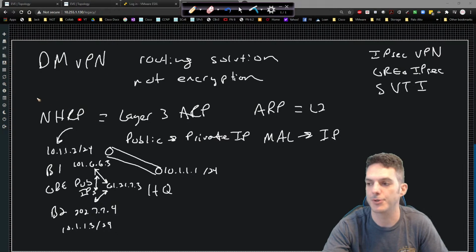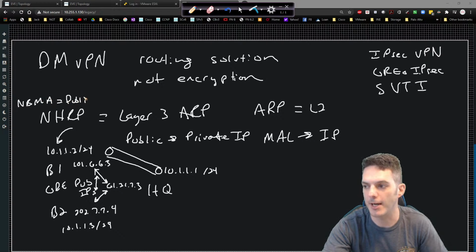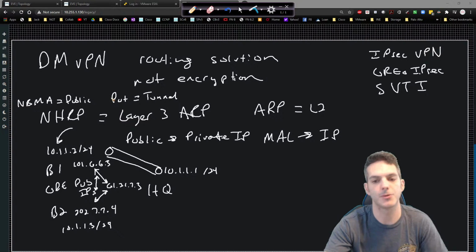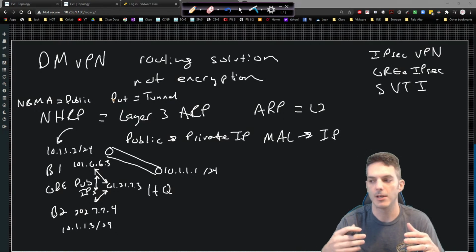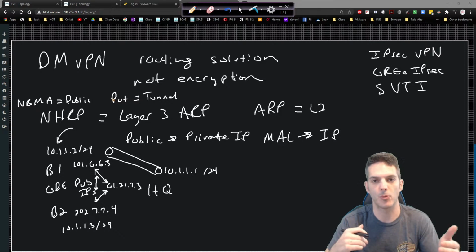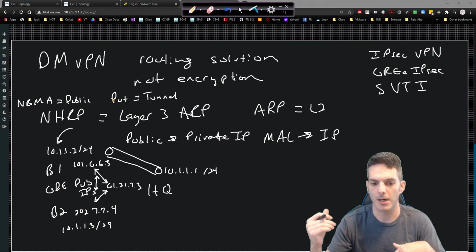They have two different terms. You have the NBMA, which ties to your public IP, and then you have the private IP, which is going to be your tunnel interface IP. Those are the two terms that you're going to want to remember and how they come into play. So in the event that I am on branch 1, I want to send traffic towards